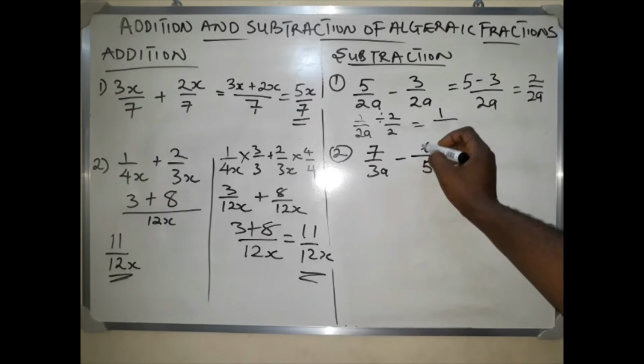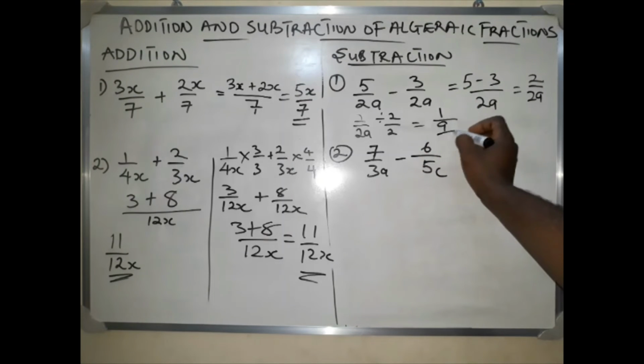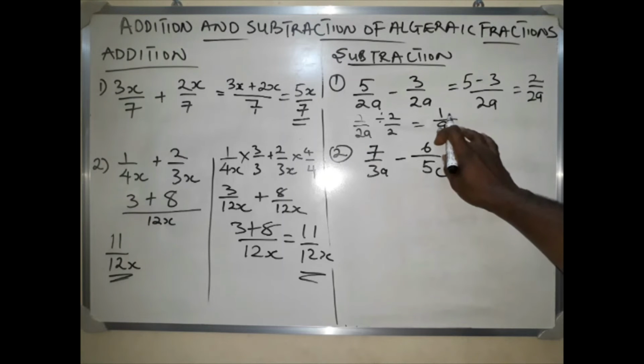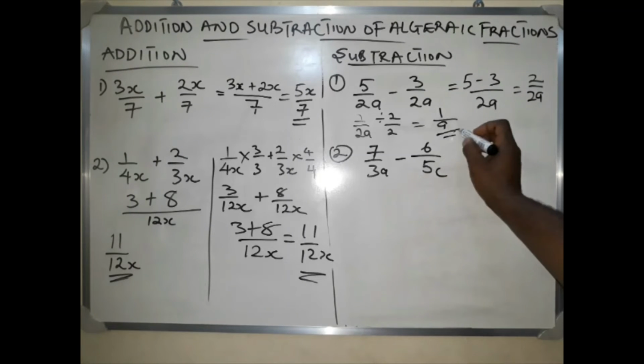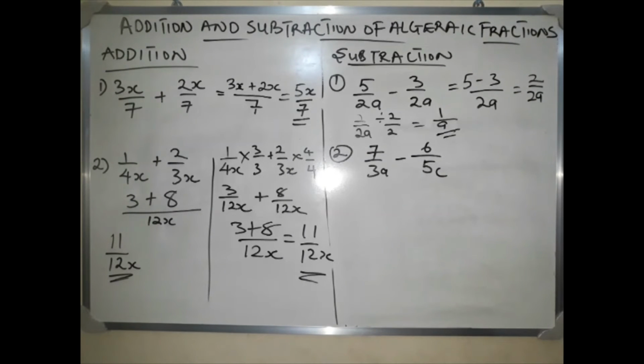2a divided by 2 is a. So the answer is 1 all over a. When we reduce this to its lowest term, we want to get 1 over a. Okay, so now let's go to the second question, which is